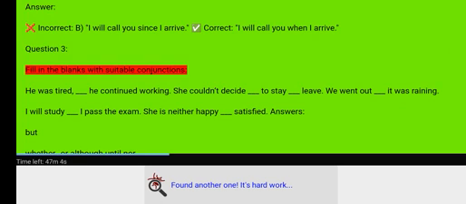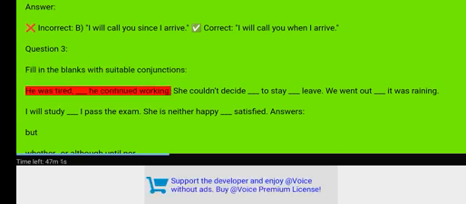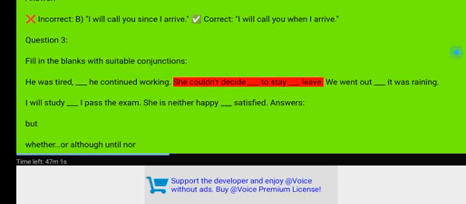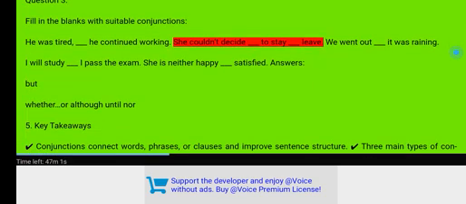Question 3. Fill in the blanks with suitable conjunctions. He was tired, he continued working. She couldn't decide to stay leave. We went out